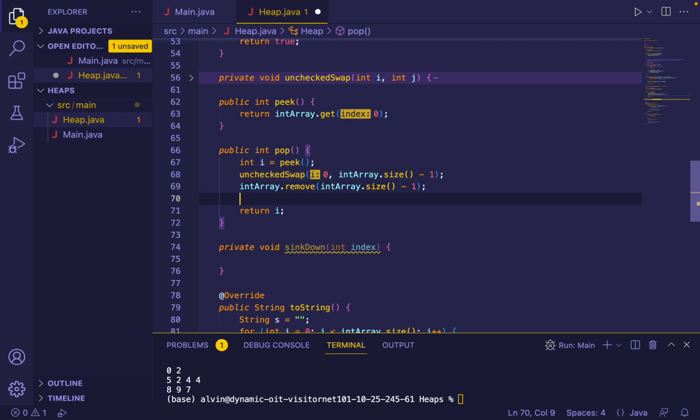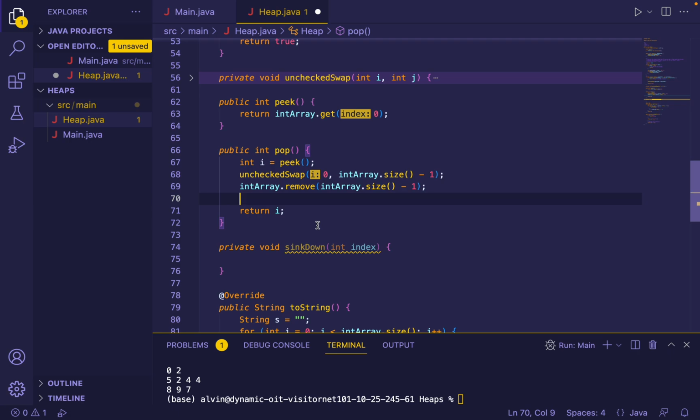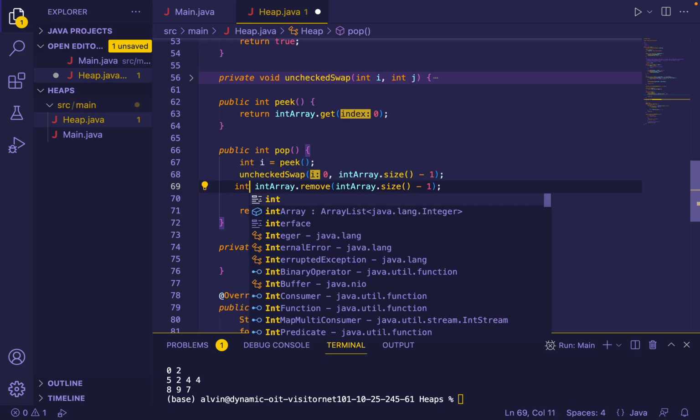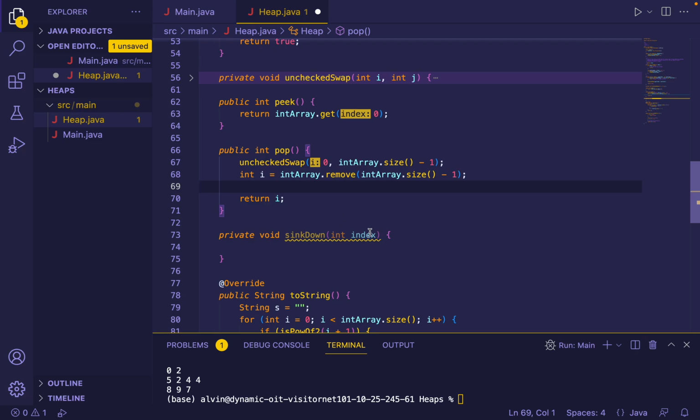Right, and from that we can do, so I can do int I equals, and boom,